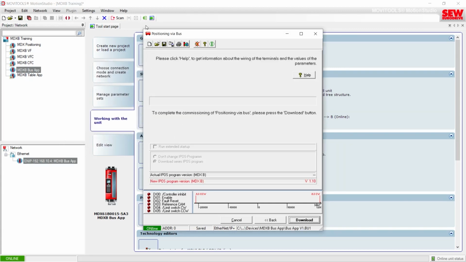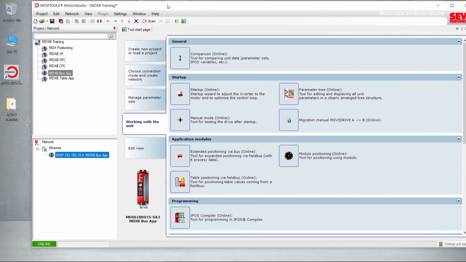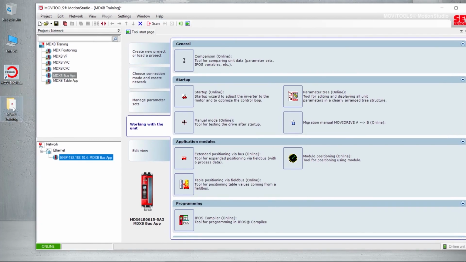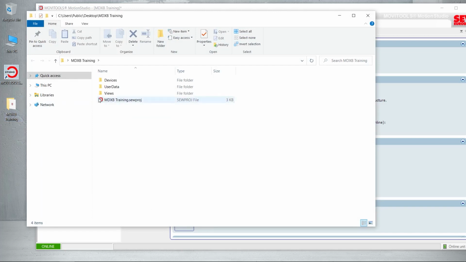And just to show you where that file was stored, we can pull this out of the way, come to our Motion Studio folder, and then go into Devices. And then we will find Bus App, which is right here. And then there is the file that we just saved, Bus App V1. And you'll still see that there is a table app V1 in here, and that's because we overwrote the name,